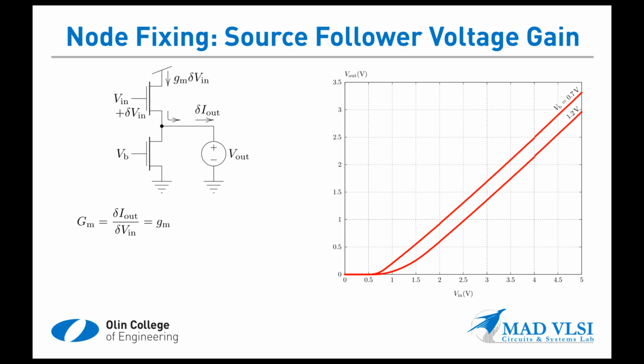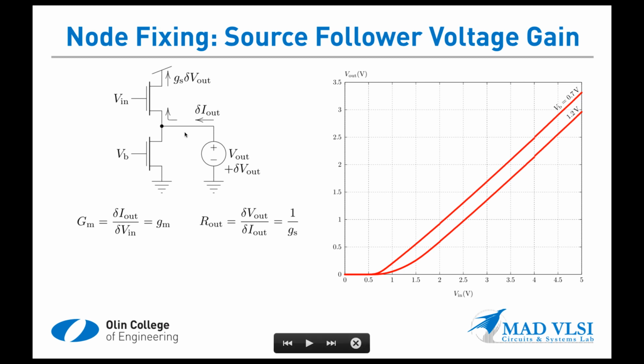Okay, so what about R out? Well, to calculate R out, what we do is we basically turn off the input voltage change. And so this is going back to the quiescent input voltage. And we're going to use our test voltage source here that we've hooked up to the output to probe the incremental output resistance of the circuit. We're going to add a little delta V out and see how much